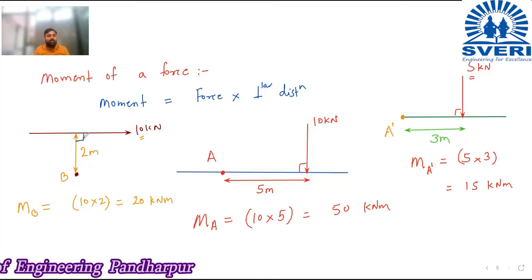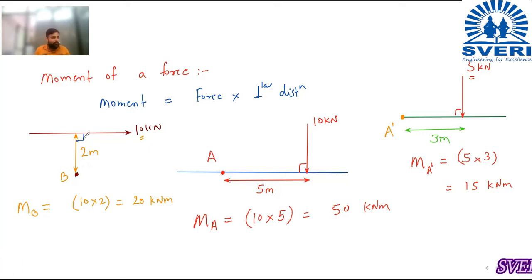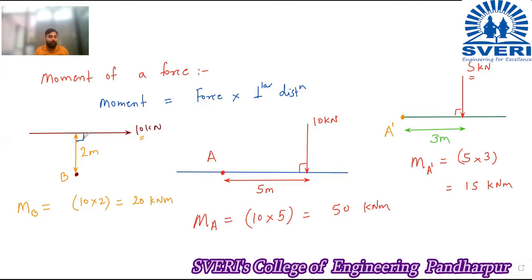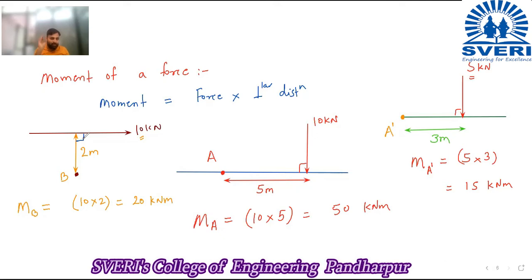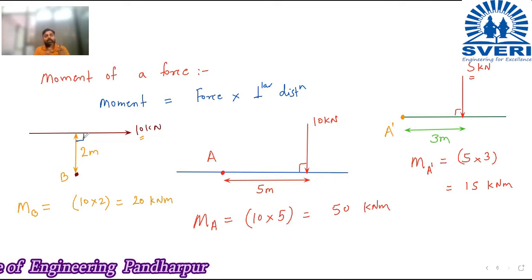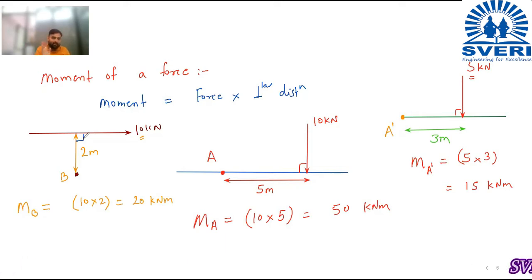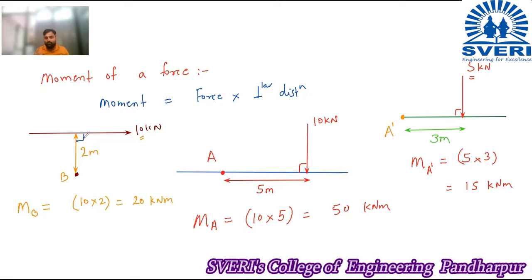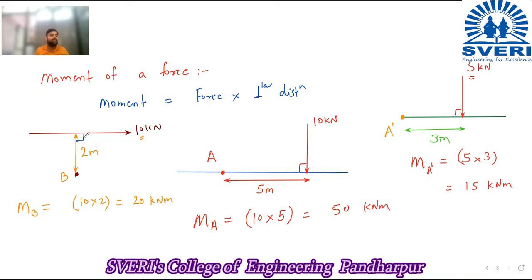Now these three diagrams are there in front of you. You have calculated the moment for all these three diagrams. Have you observed anything in this? आता जे मी बोलतोय ते इथं डायग्राम मध्ये बघा तसं तुम्हाला दिसतंय का चेक करा. If the force is vertical, then its perpendicular distance is horizontal. And if the force is horizontal, then its perpendicular distance is vertical.